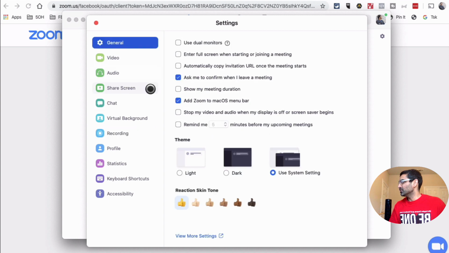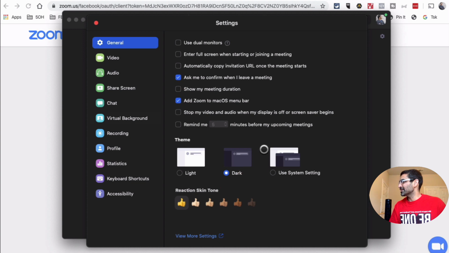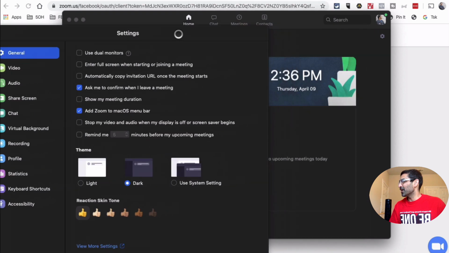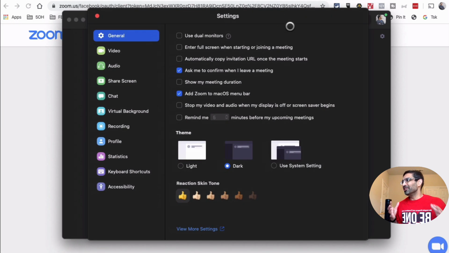I'm gonna go back to the general, and this is where the dark mode settings is. So if I hit light, it's gonna be light. If I want dark, I can click on dark, and look at this, it's gonna be dark mode now. How cool is that? I know some people love dark mode and they will love this little feature inside the